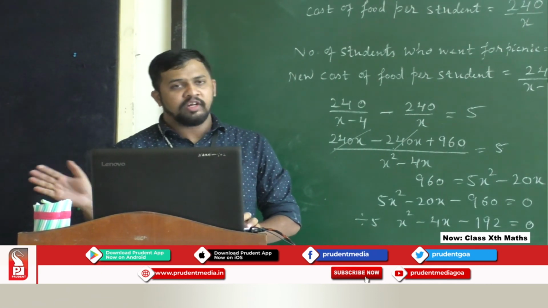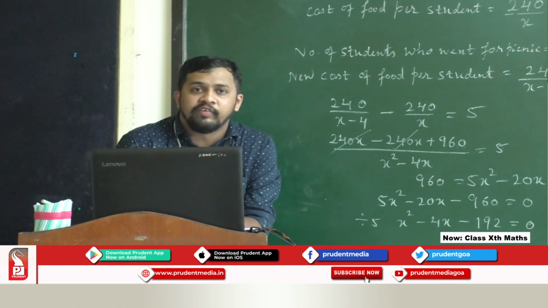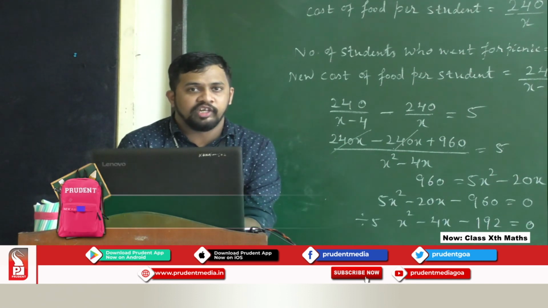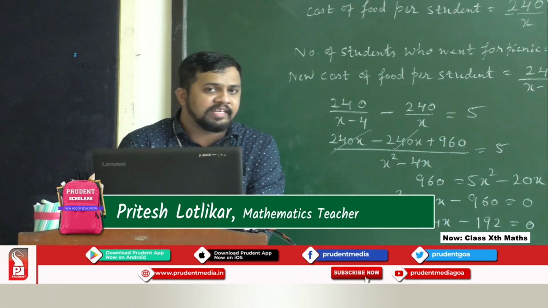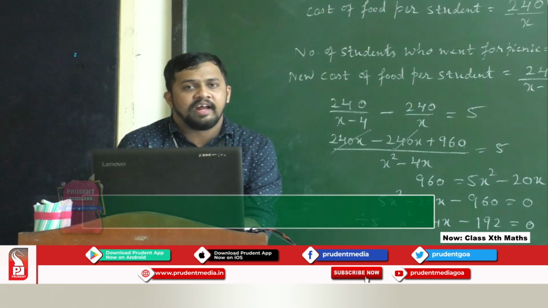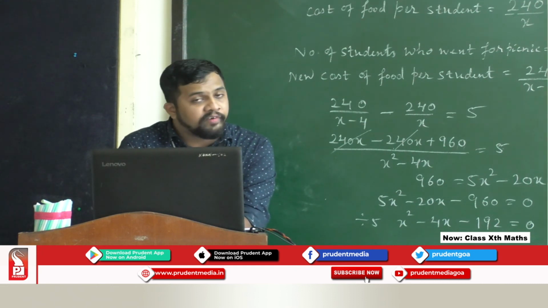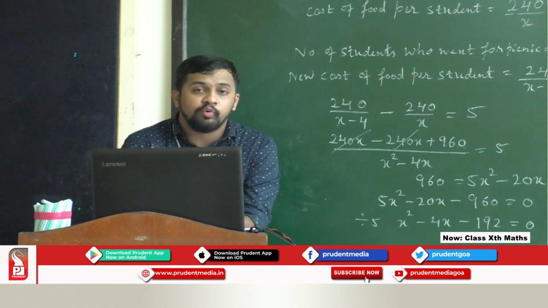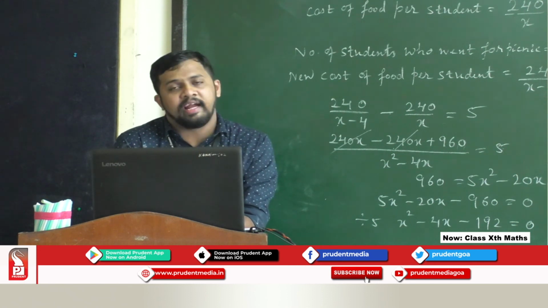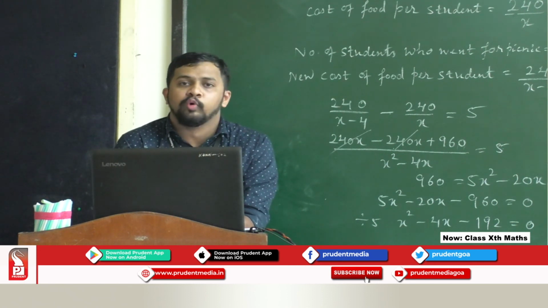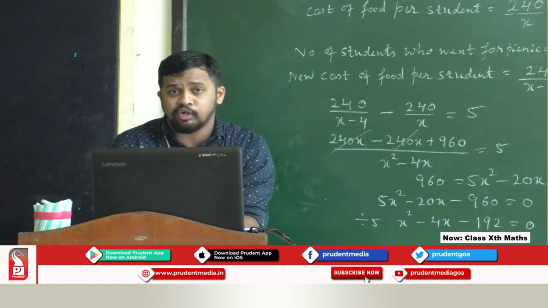So briefly to summarize the entire part of this lesson here, we started with what is a quadratic equation. We said that a quadratic equation is nothing but an expression or equation in the form ax square plus bx plus c equal to 0, where a, b, c are real numbers and a is not equal to 0. We identified how to identify the quadratic equation. We used two different methods to find out the roots of a quadratic equation, that is the factorization method and the quadratic formula method. We are clear with this factorization. We have seen the idea, I gave you the hints, I gave you the tricks also.